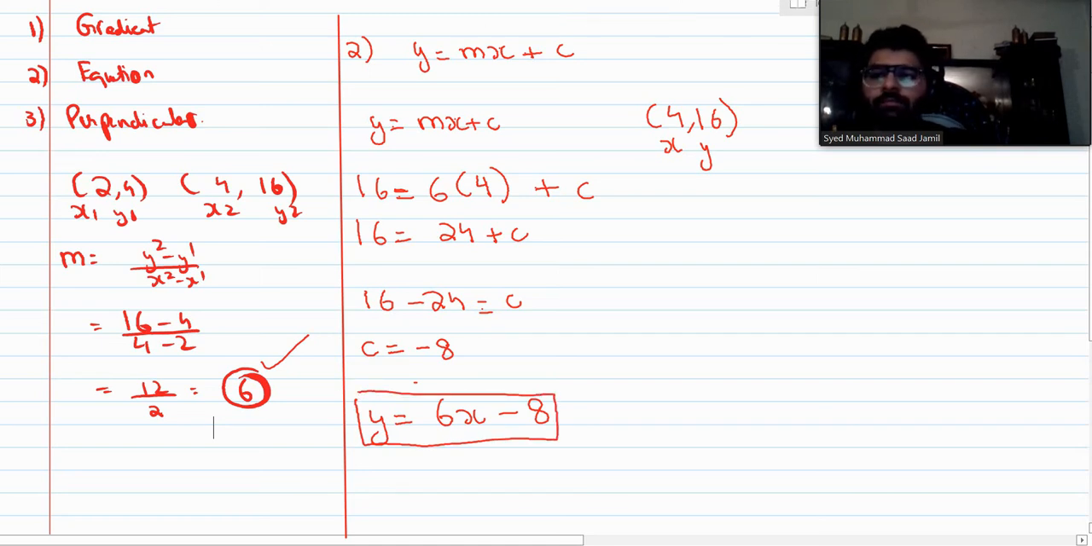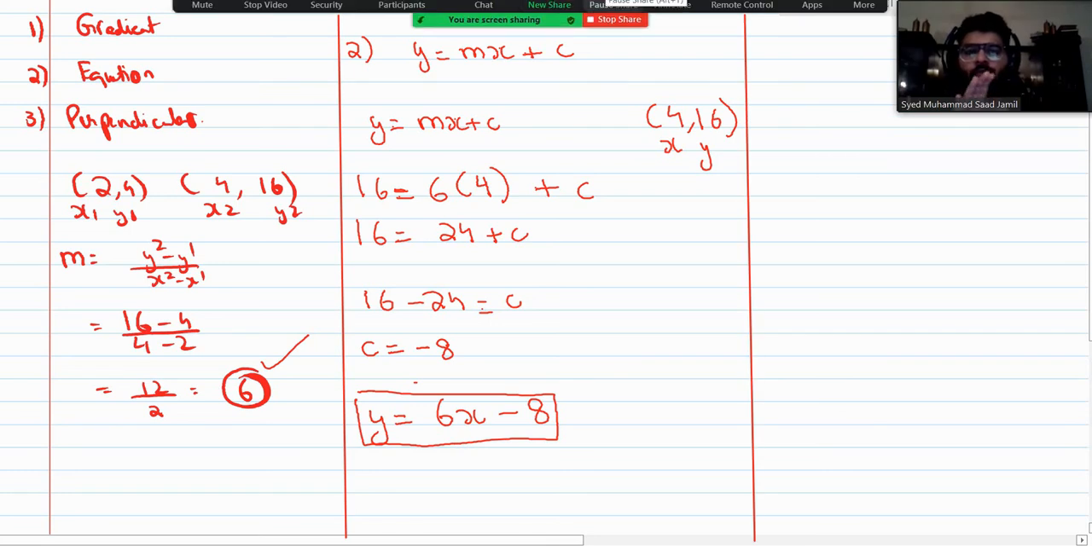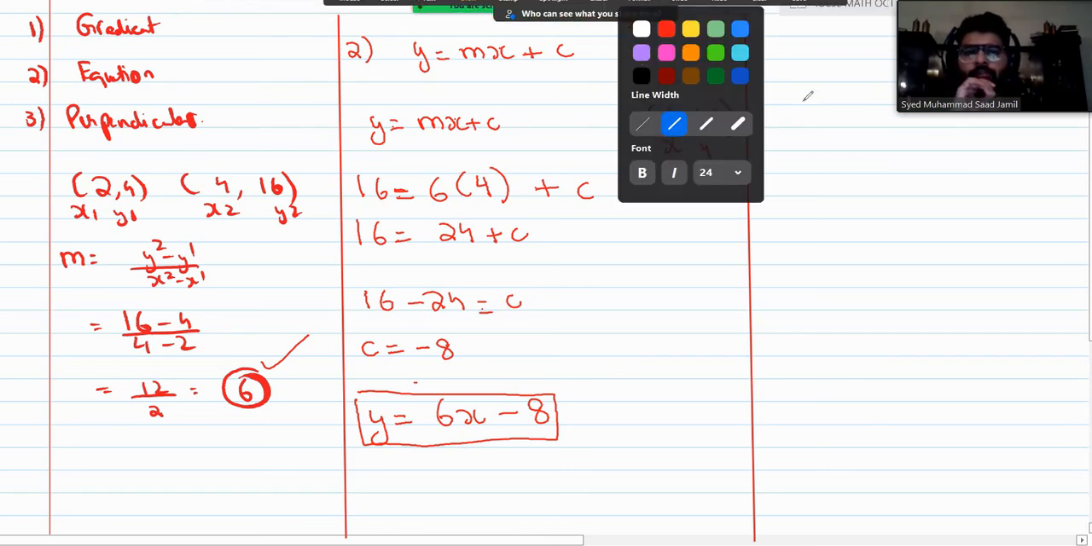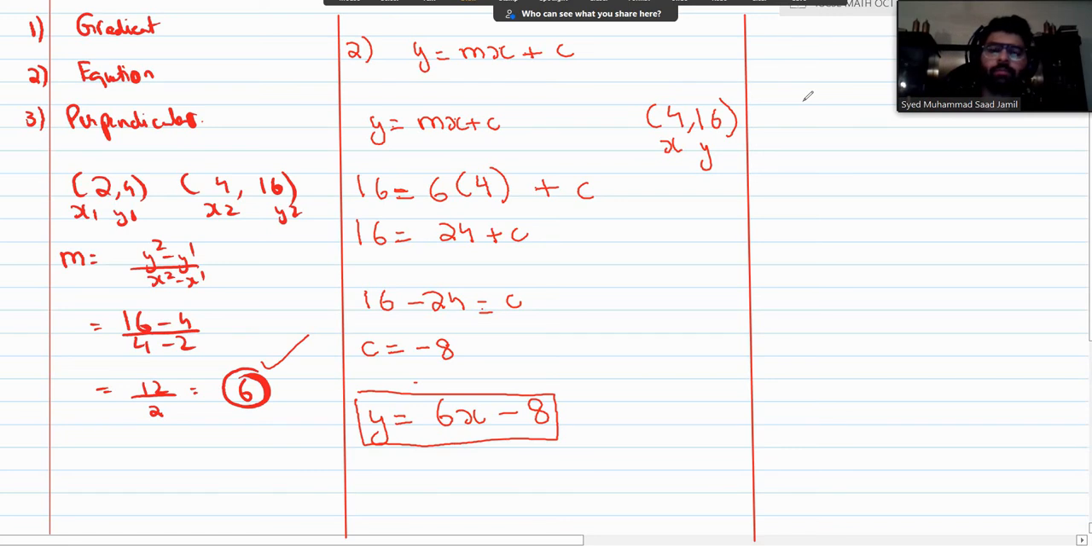Okay, just a second. Now moving on to the third part, which is basically perpendicular. You can be asked to make the equation of the perpendicular line. You can be asked to find the gradient of the perpendicular line. So basically, let's say this line